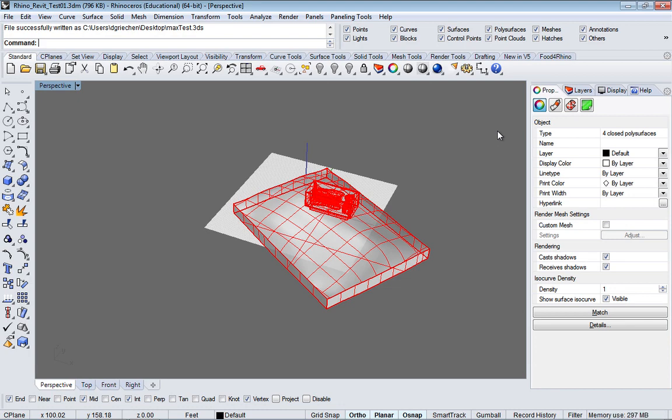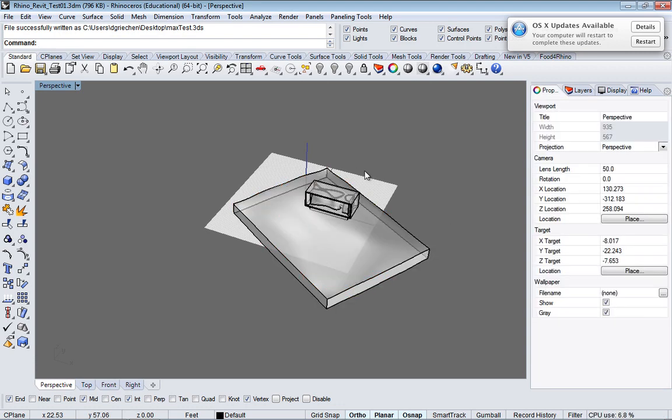Another way I'm going to show you with this one here is to export as a 3DS rather than an OBJ, because the 3DS file format is the 3D Studio Max file format, and it brings it in as objects and everything, but it changes all of this stuff to mesh, so that same thing is going to happen. So what we're going to do is load up your file,